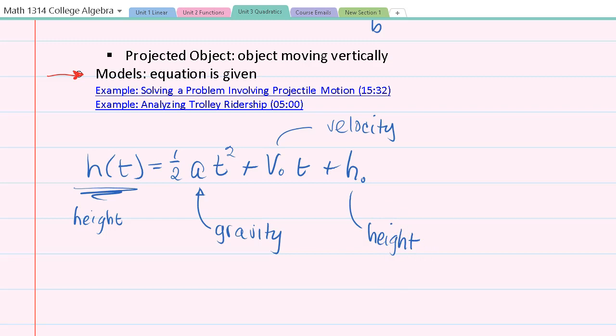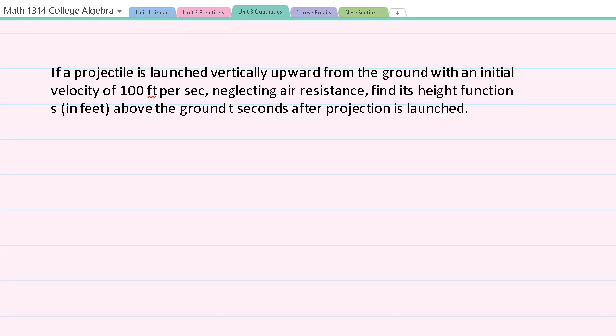Let's see some examples on how to use this physics equation. If a projectile is launched vertically upward from the ground with an initial velocity of 100 feet per second, neglecting air resistance, let's find its height function s, which will be in feet, above the ground t seconds after the projectile is launched. Let's begin with our equation s of t is equal to 1/2 a t squared plus v naught t plus h naught,